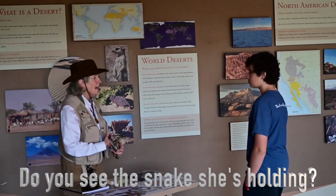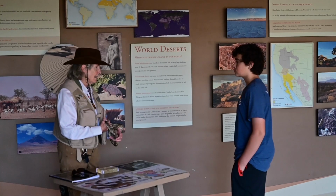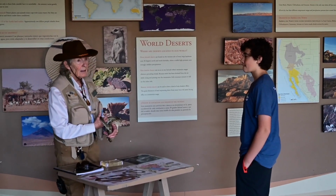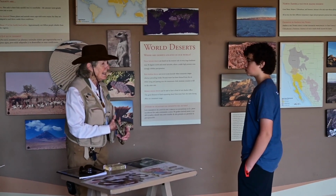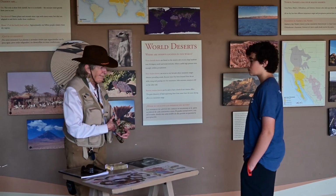Well, we used to have all the others out there, but we couldn't find a source of food. And they tried to get them to eat worms and so forth. But they like to eat this black ants that are